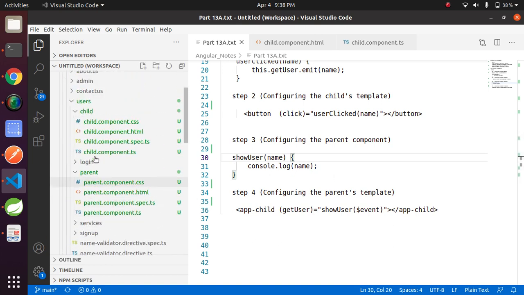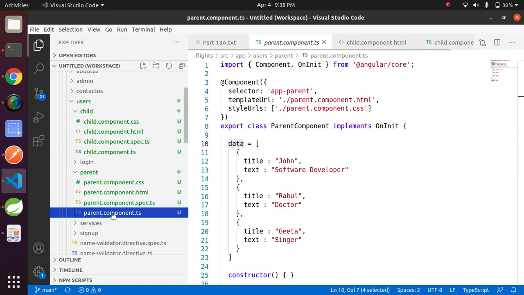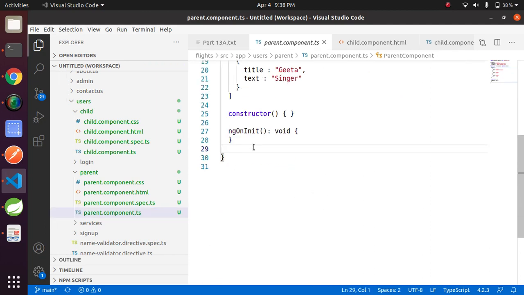Let's open the parent component file and add a method, currentUser, with user details.